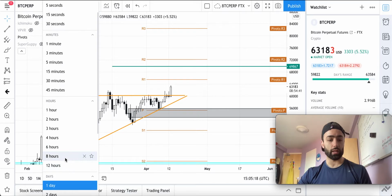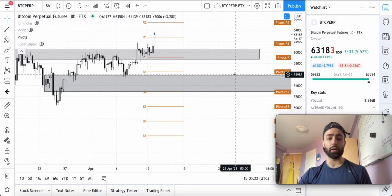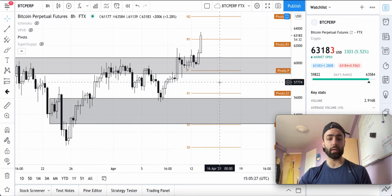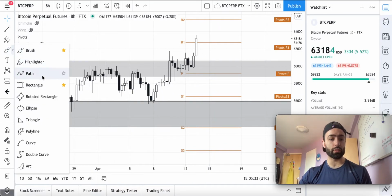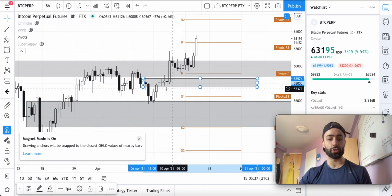Let's go down to the lower timeframes and talk about a couple entries that I've been talking about on the Telegram channel. This is a very nice series of events if you are following the trades that I've been making. We talked about this entry right here, which is this white candle,